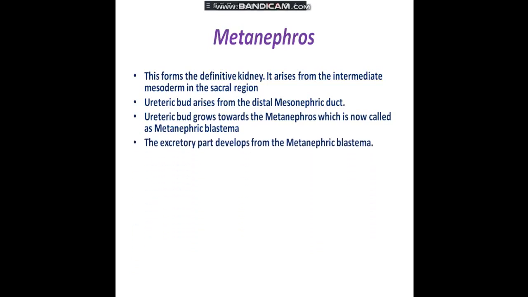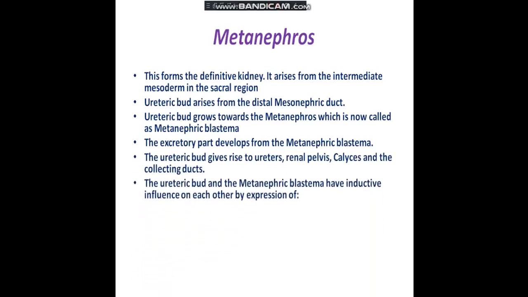The excretory part develops from the metanephric blastema. The ureteric bud gives rise to ureters, renal pelvis, calyces, and the collecting ducts. The ureteric bud and the metanephric blastema have inductive influence on each other. That means the ureteric bud induces the differentiation of the metanephric blastema into different excretory units, while the metanephric blastema,